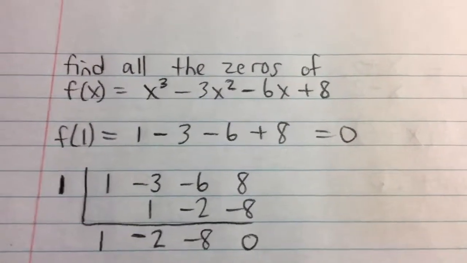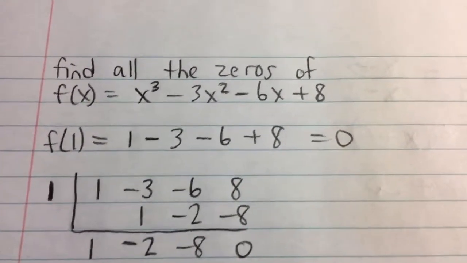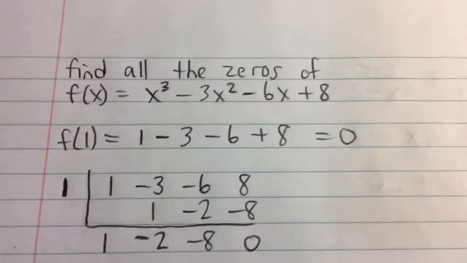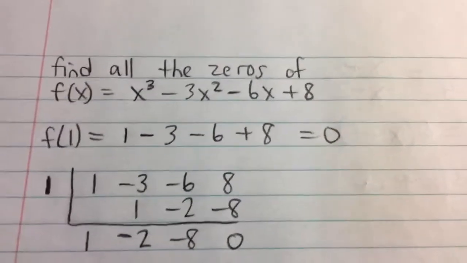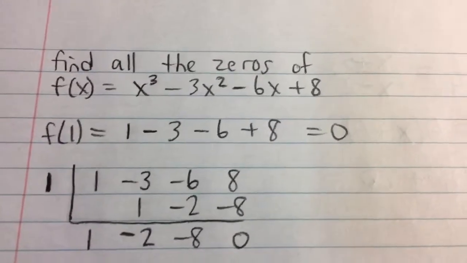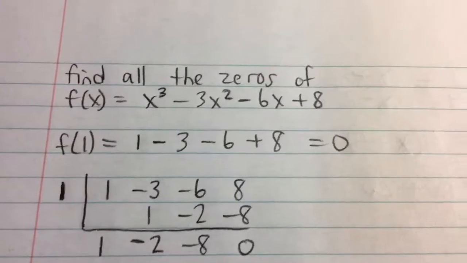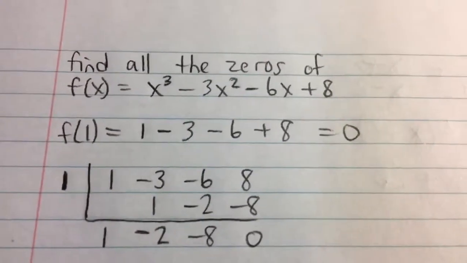Find all the zeros of f of x is equal to x cubed minus 3x squared minus 6x plus 8. Now what we're going to do is factor it into its factors, and then from those we can figure out the zeros of this function. But to start, we have to find one zero, and then we can do that first factorization, and the